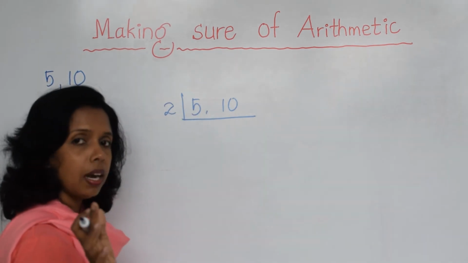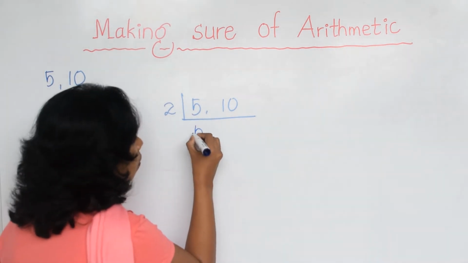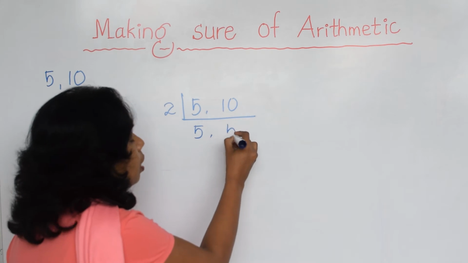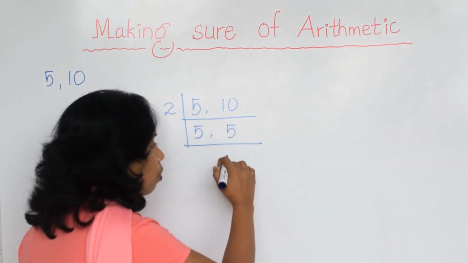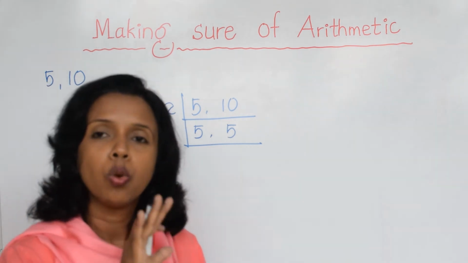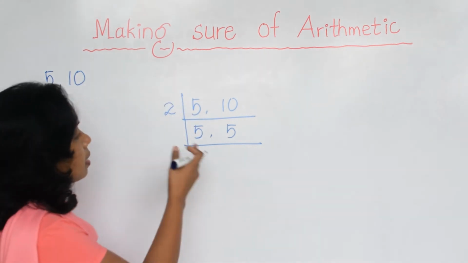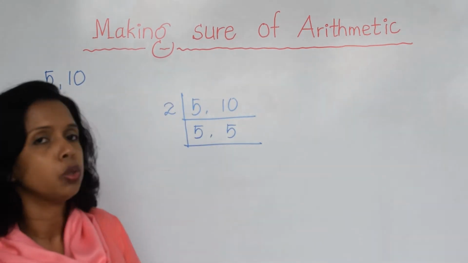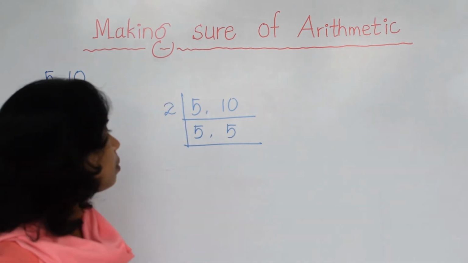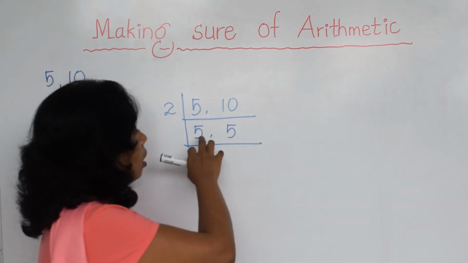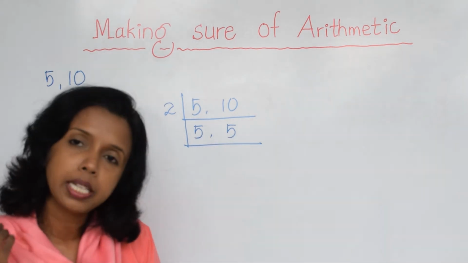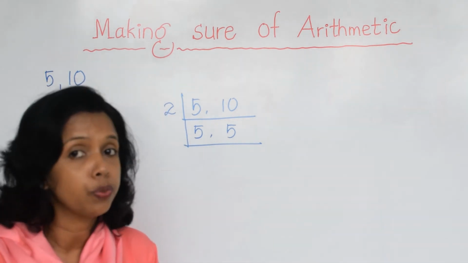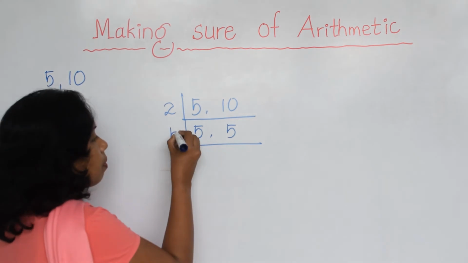5 cannot be divided, so what should I do? I write 5 as it is, right? The only number I can divide here is 10. I divide and write down here 5. Now I want to complete this. I want to divide further till I get 1 at the end, right? Now next I want to divide till I get 1. If I select 2, I can't do this because none of the numbers are divisible by 2. Then I'll move to the next prime number, that is number 3. 3, no, I can't take. Then the next prime number is 5, so I can take 5. Now what happened?